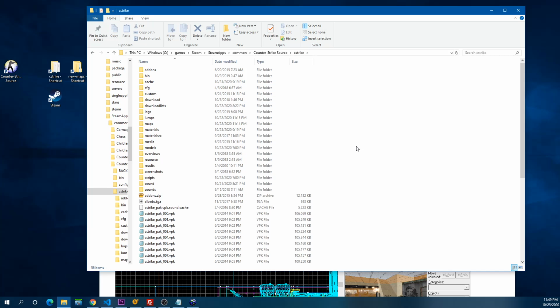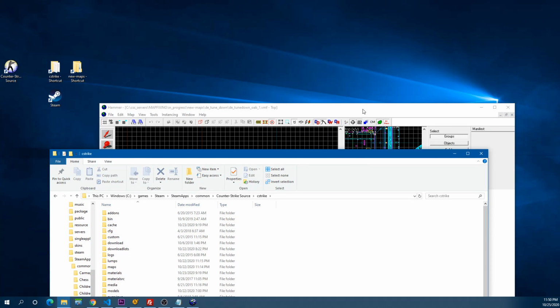So that's a quick overview of the anatomy of a map, and that's very important because when we decompile a map, we want to make sure we get all the assets that map needs. We are going to extract those assets, and they are going to come with a folder structure, and we're going to have to include those assets inside our Counter-Strike Source game installation at the right location.